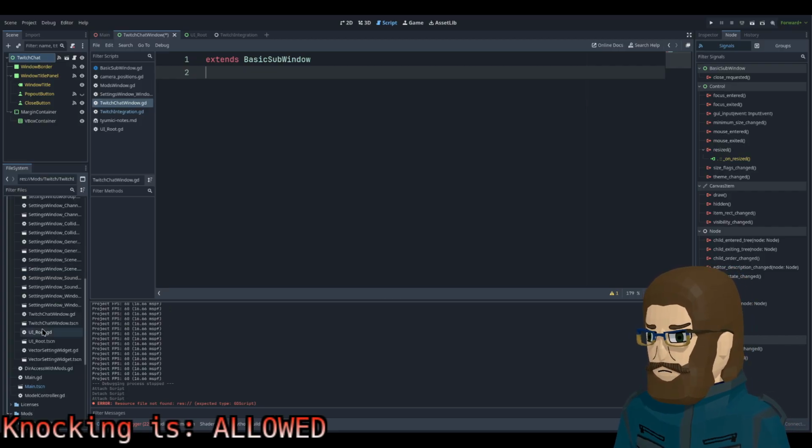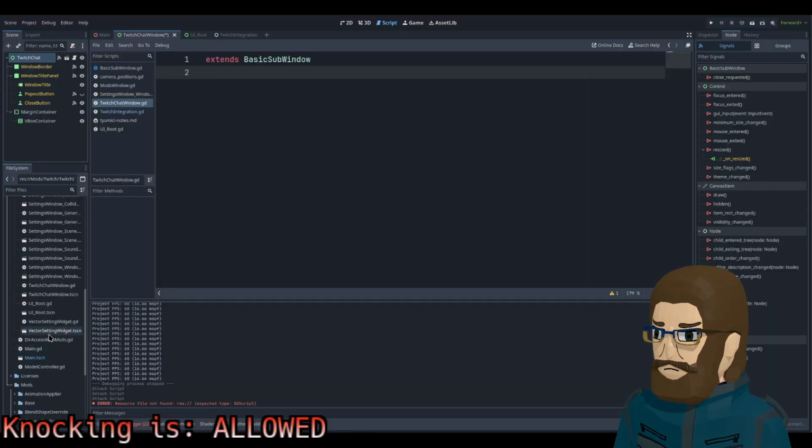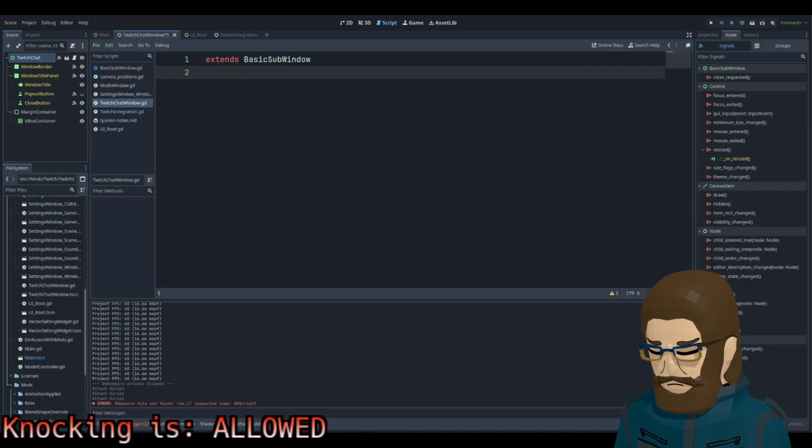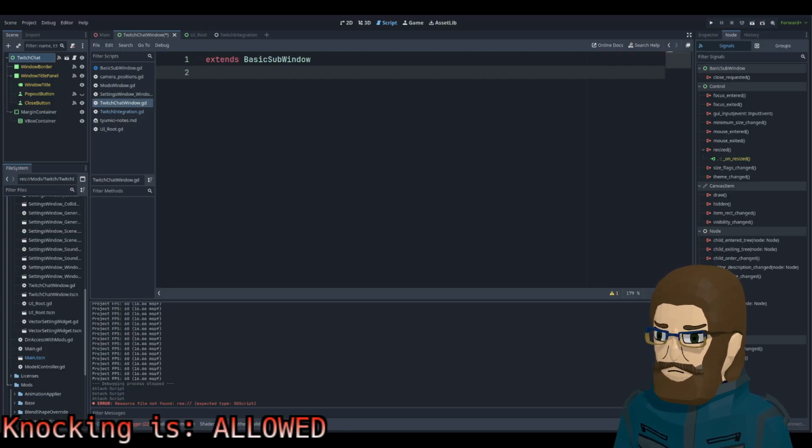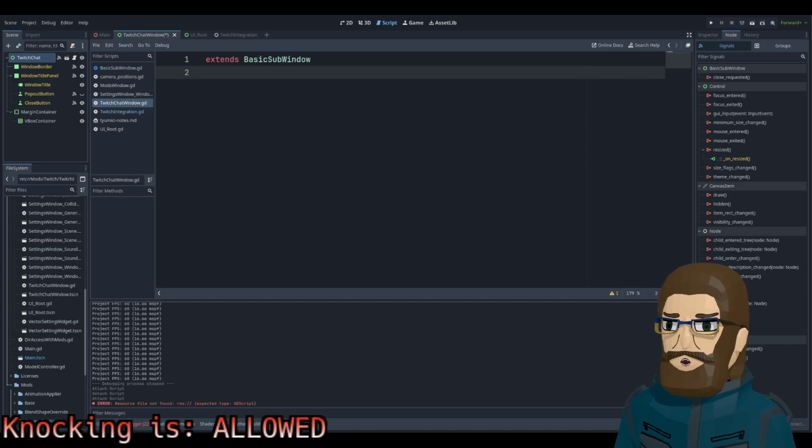So how? How do you send data between, is it even scenes? How do I pass scenes without using autoload global variables?